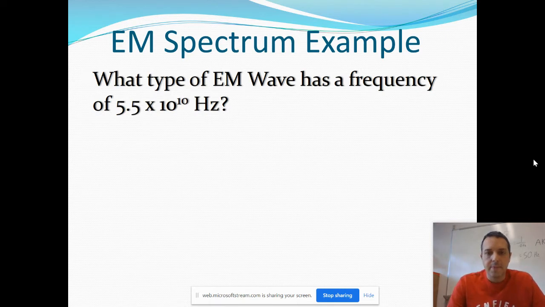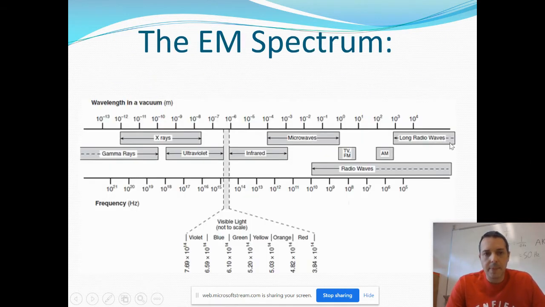If you look at your EM chart, we have frequency on the bottom. And if you look right here, we have 10 to the 5, 10 to the 6, 10 to the 7, 10 to the 8, whatnot, right? We go over to 10 to the 10. Anything that has an exponent of 10 to the 10 is going to be between this level and this level. So our wave is somewhere between 10 to the 10 and 10 to the 11 because it's 5.5 times 10